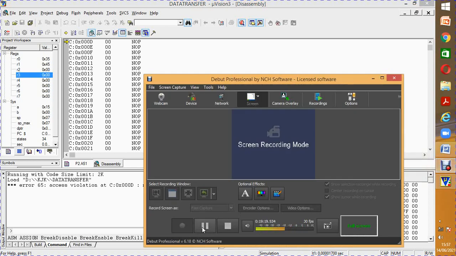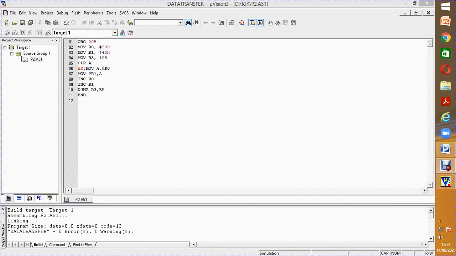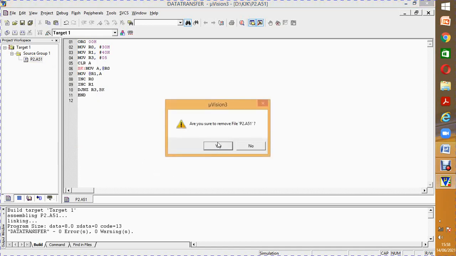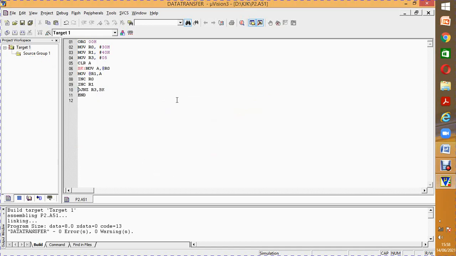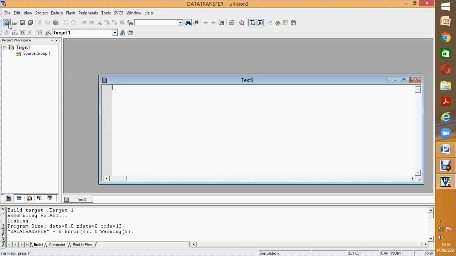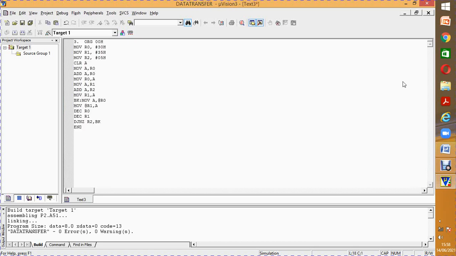Similarly, you can execute the next program, that is transferring the data with overlap. So first remove this file, say yes, take up a new file and type the program here. I just copy the program and save it